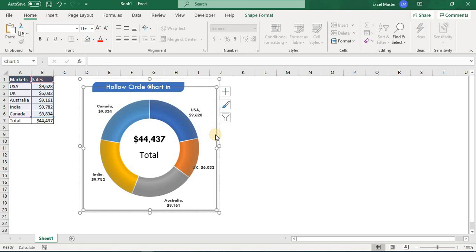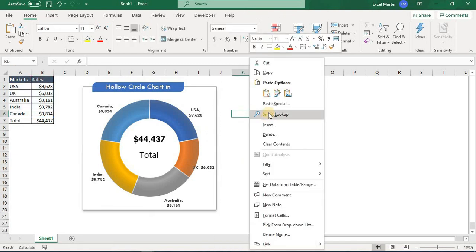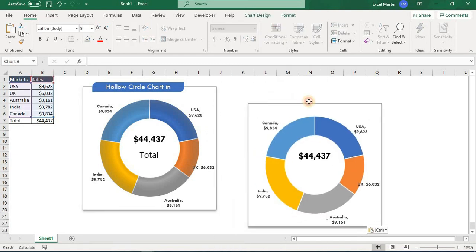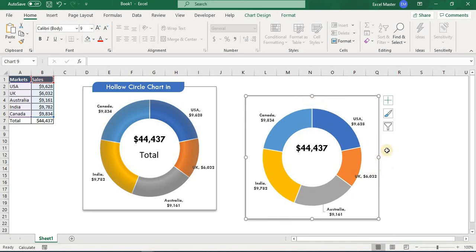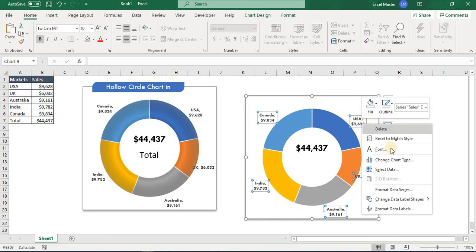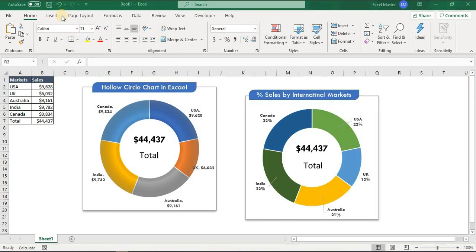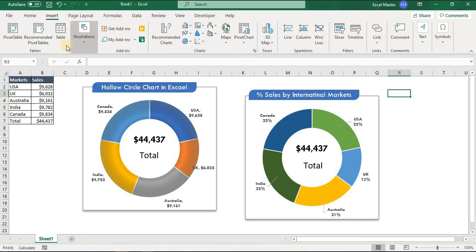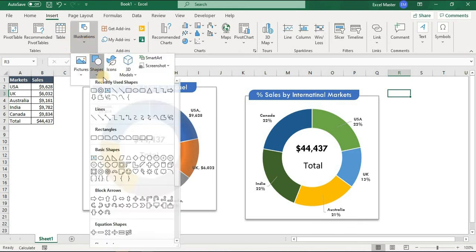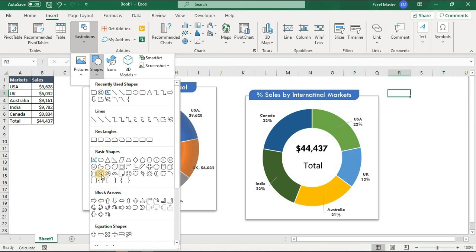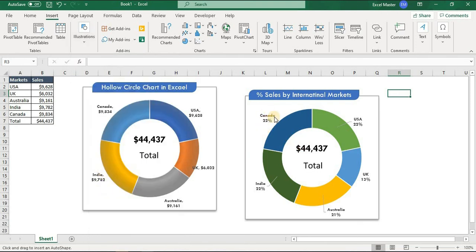Now we will make one more copy, paste. For practice, I will change this data label to percentage instead of value. We will insert a shape, a hollow circle, and we'll hold the Shift key and drag it.